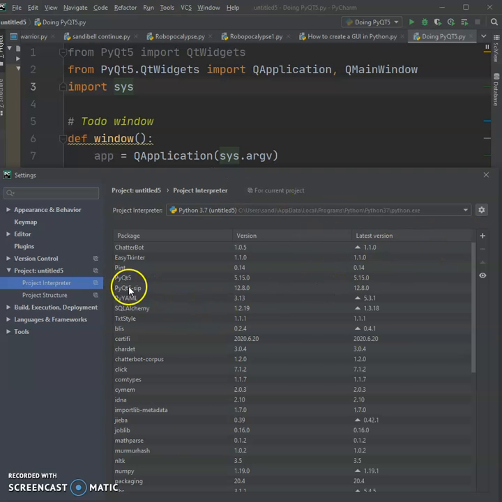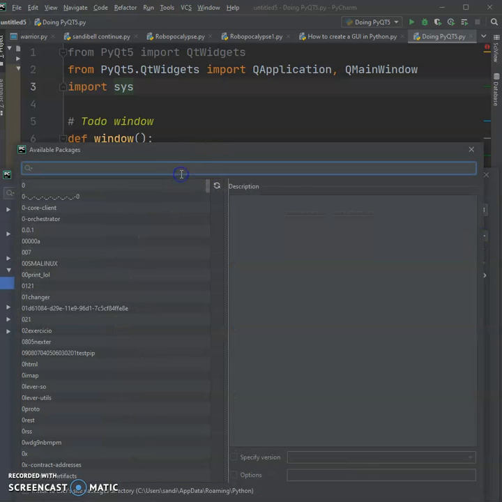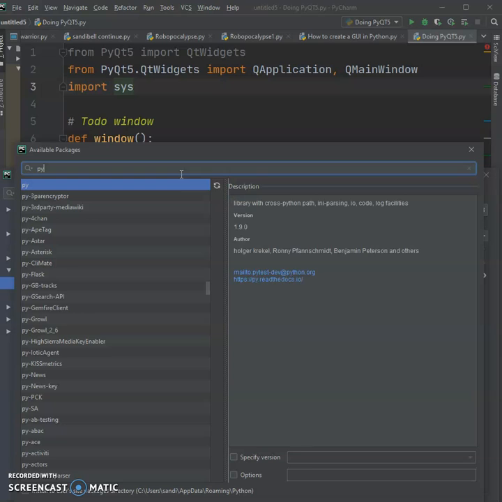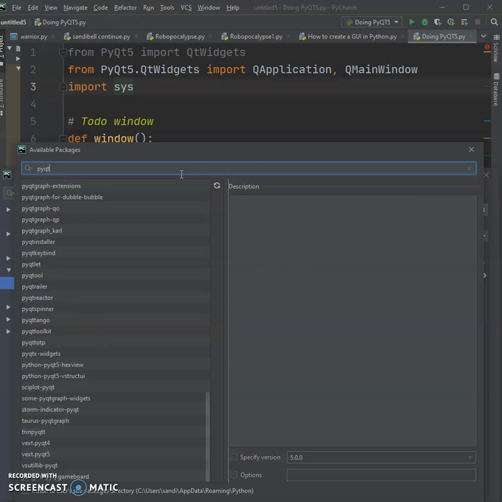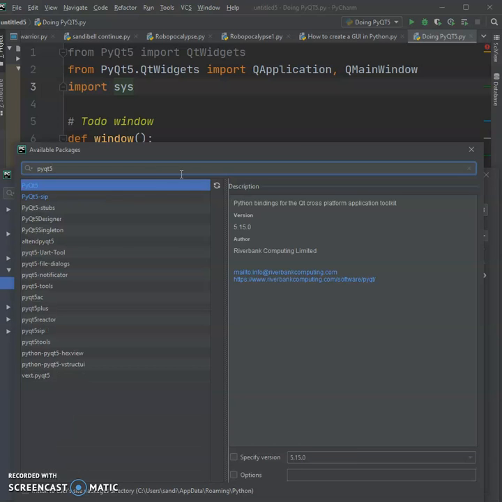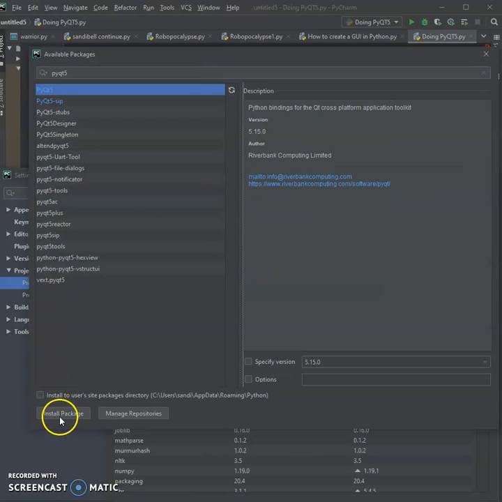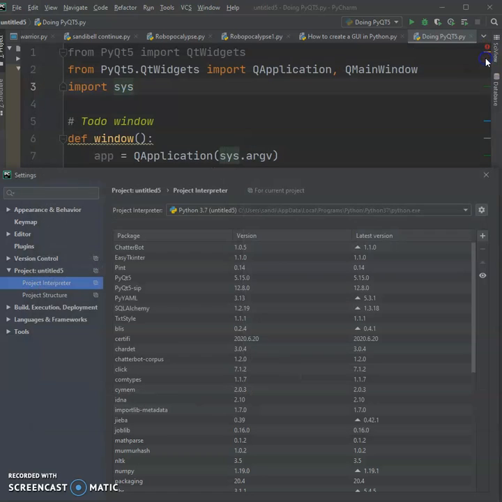install PyQt5, which I did right here. Then if I click plus and type PyQt5 right here, and I click it, then I install the package, then I exit out. And if I do it, for example,